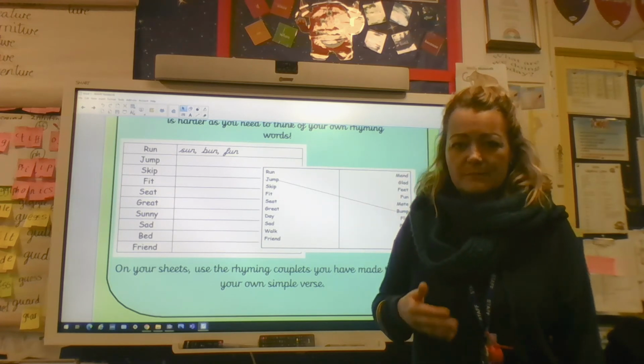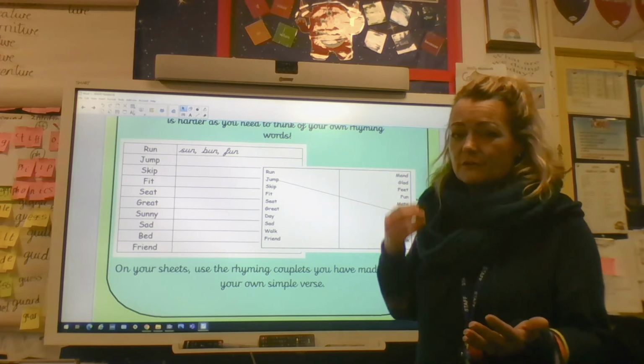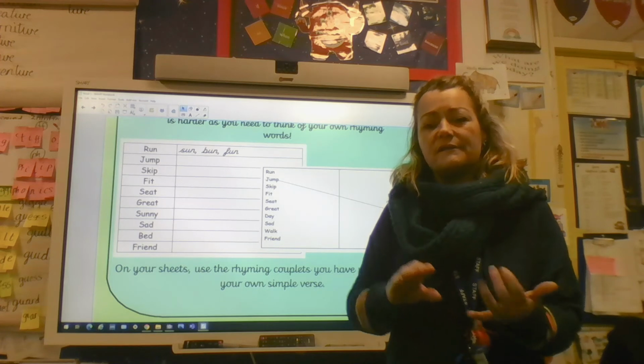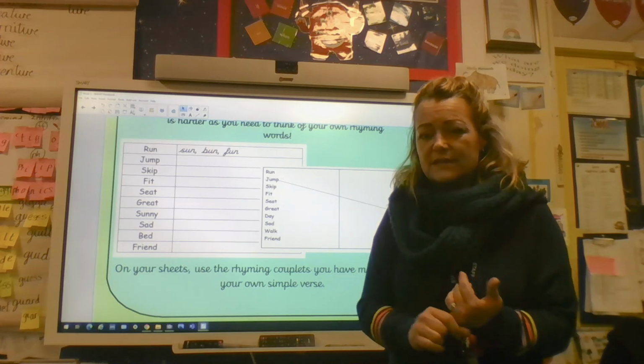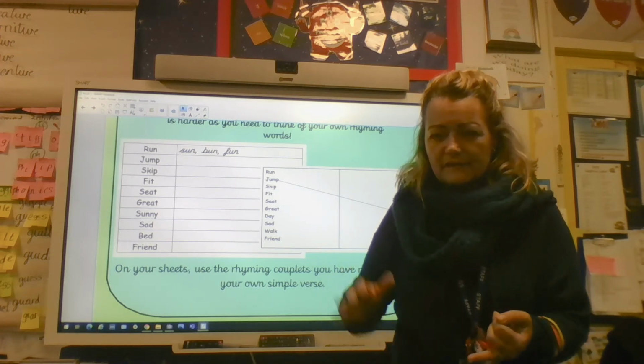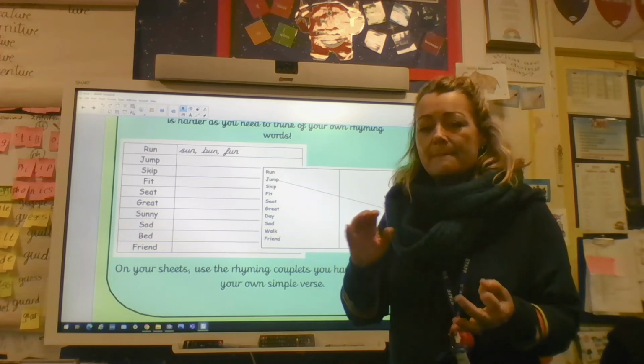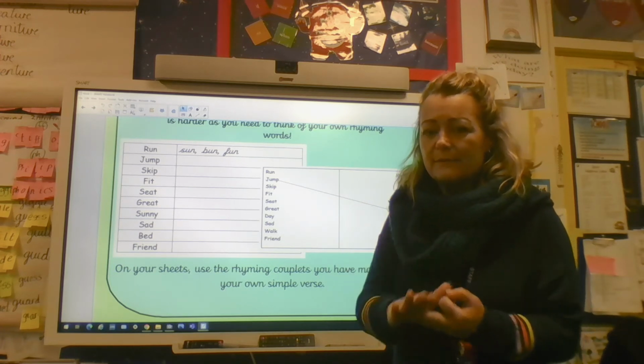Our topic this term is Get, Set, Go, which is all to do with things like staying healthy, so healthy eating, so good eating habits, physical exercise, keeping fit, good hygiene, keeping clean, keeping fit and well,